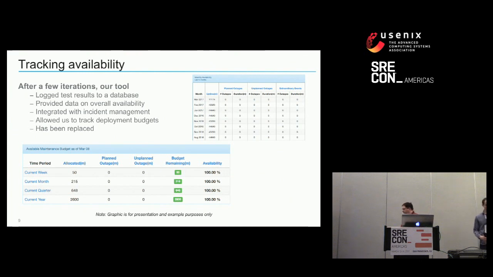What we were able to do is, we had these test cases. Originally, they didn't report or log into any databases or anything like that. It was running off Jenkins, test status works, great. So we started logging things into Postgres. That was another tool we added to our toolbox. And it allowed us to provide the data on the overall availability of our services from the outside in,